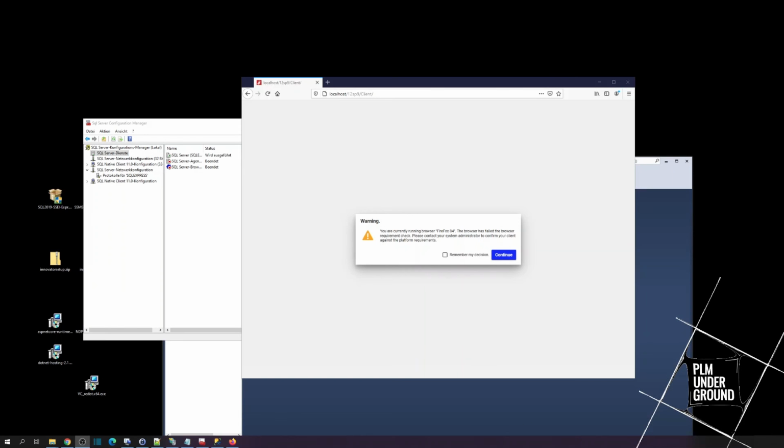When you wonder why I always get this warning message about the Firefox version and that it's not supported, the best solution for fixing this one is just to tick this checkbox and click continue. Aras somehow insists on a very specific Firefox version, because according to their opinion, only this specific Firefox ESR version works reliably.